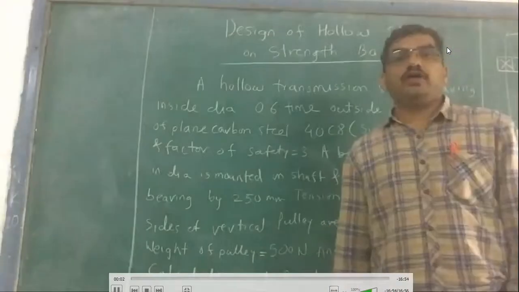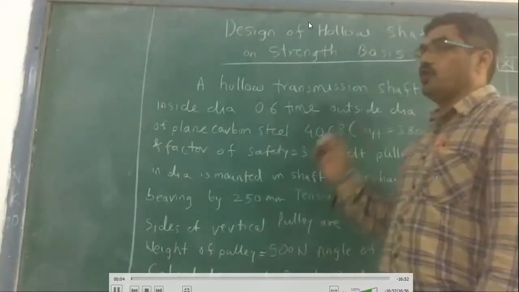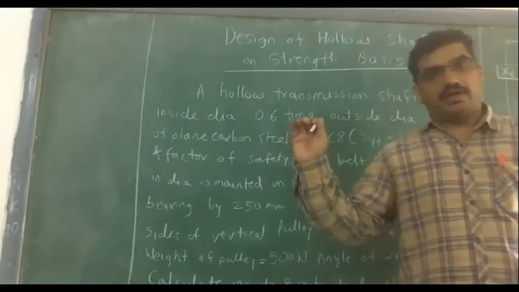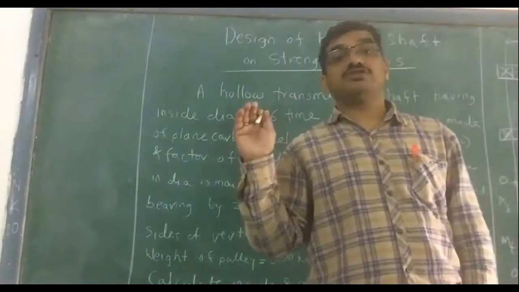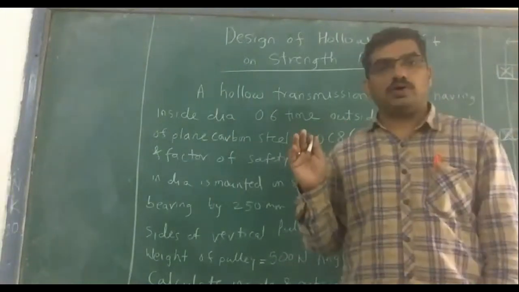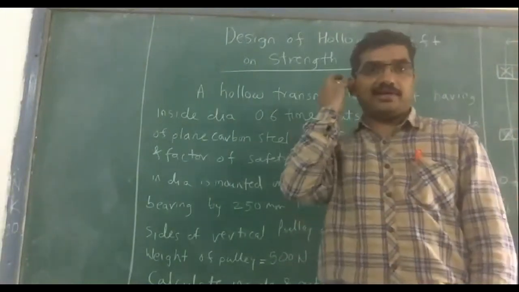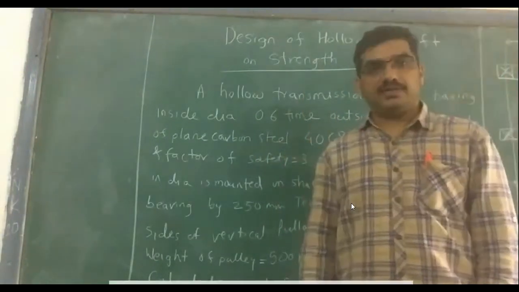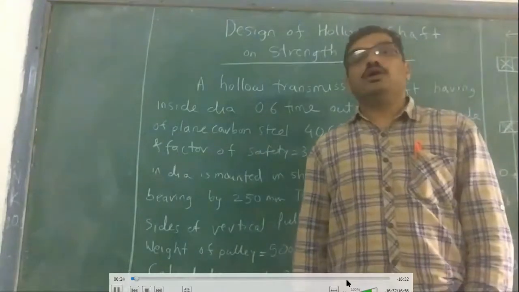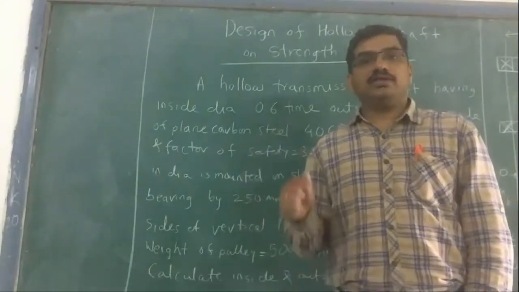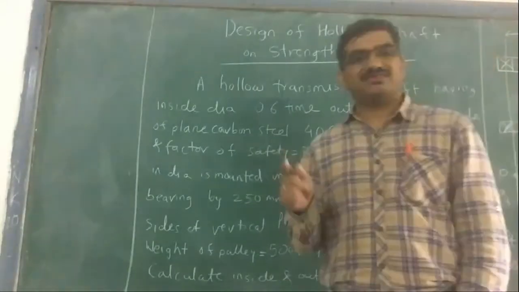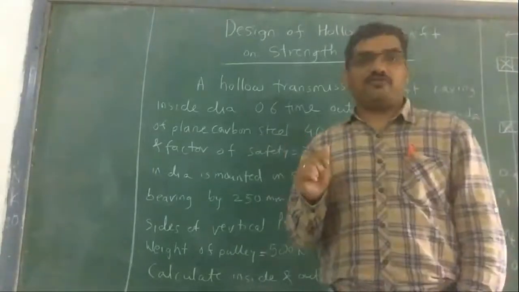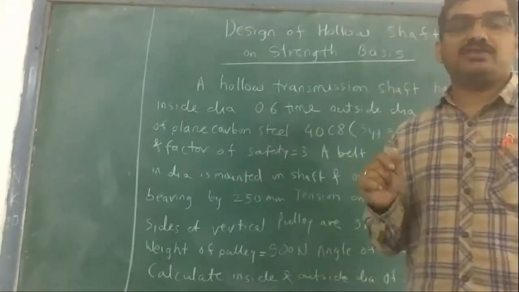Okay. Today we will go through the design of a hollow shaft. We have gone through the basic concepts of design of the shaft on the strength basis, then design of the shaft for the torsional rigidity and lateral rigidity. And then we have also seen the design of the shaft on the ASME code. And the last part we did is design of the hollow shaft on the strength and torsional rigidity. Now today we take a numerical of that, design of a shaft on strength basis but which is hollow.